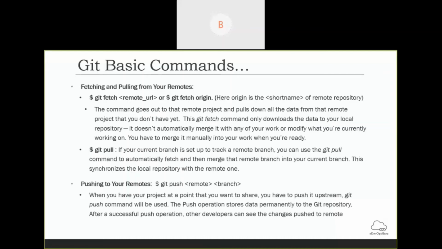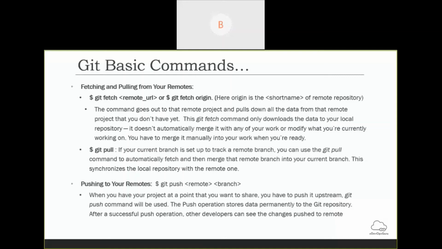If you started working on a feature at a point A, and you are done with your work and you pushed your changes to the master, at the same time another developer started working on feature B, so he or she needs to get the latest code in their local repository.